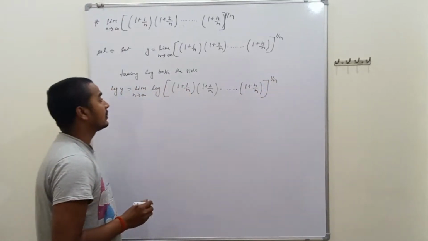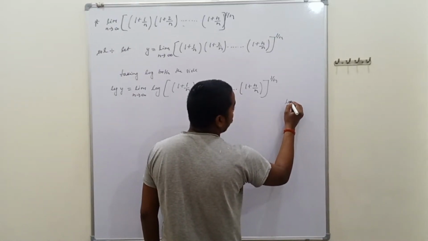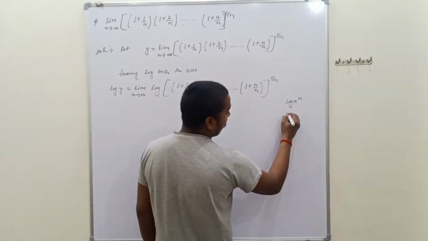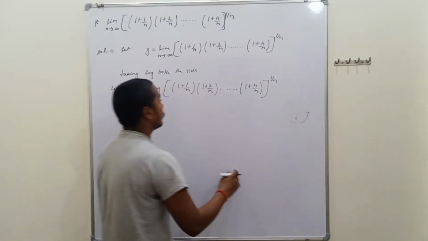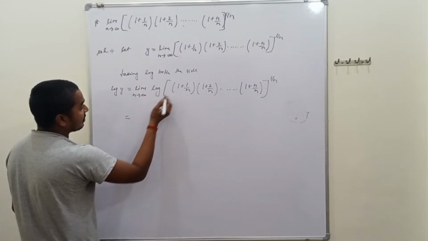Using the property of log, log a to the power n, we can also write that as n log a. Using the property, from here we can take 1 by n out front,